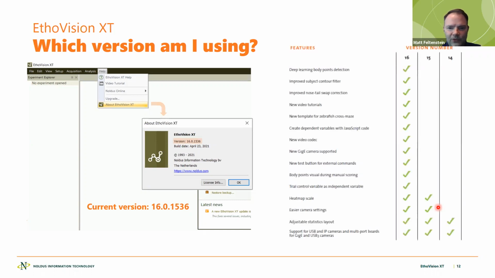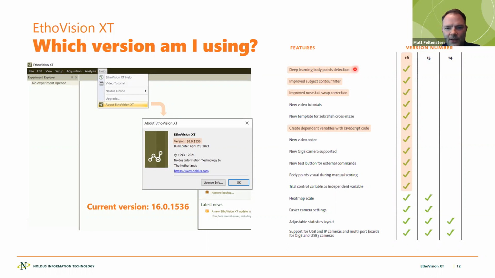And we just want to show you, comparing versions to one another, that in version 16 we see there were a couple of new things from 14 to 15, but look at 16. We've added a lot of new functionality. Particularly one that's really important, we've added deep learning body point detection. The previous versions used the contour of the animal to determine where the nose is, where the tail was, et cetera. EthoVision 16 does have improved contour, but it also has a new feature,